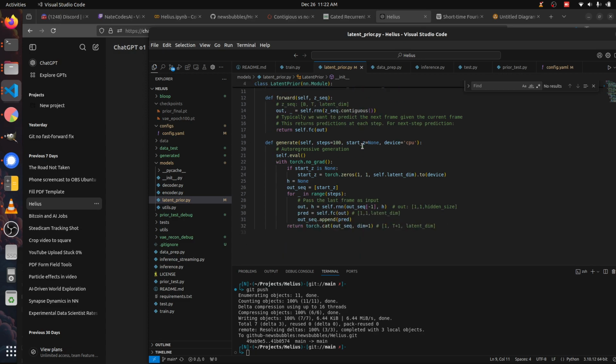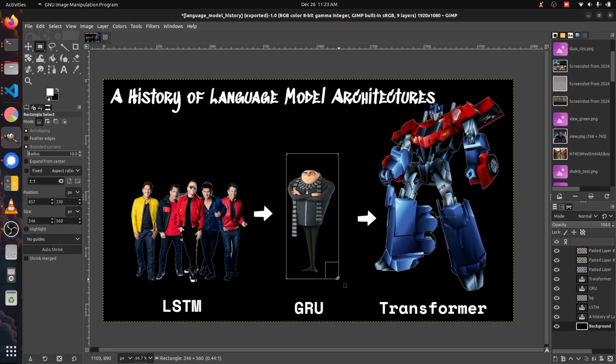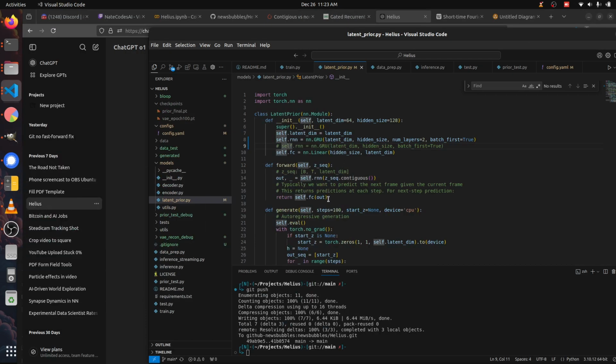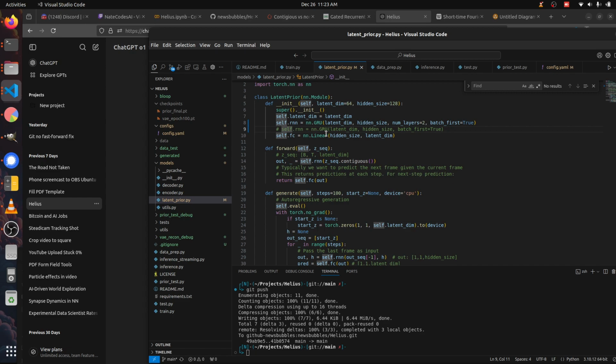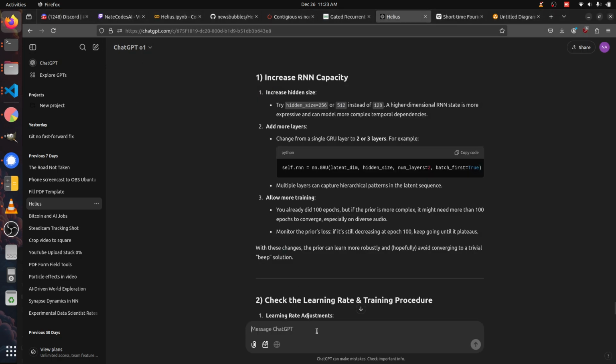All right, so I mean, we've got enough steps in our latent prior to do all this well. So we've got our GRU. We're on this step. We've got our GRU, and we've got linear, linear, linear, linear. After that, it pops back down to linear space. Okay. Let's just ask it real quick. All right. Before we submit this,